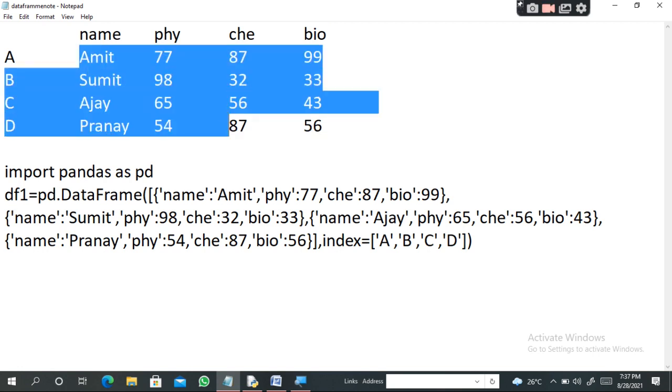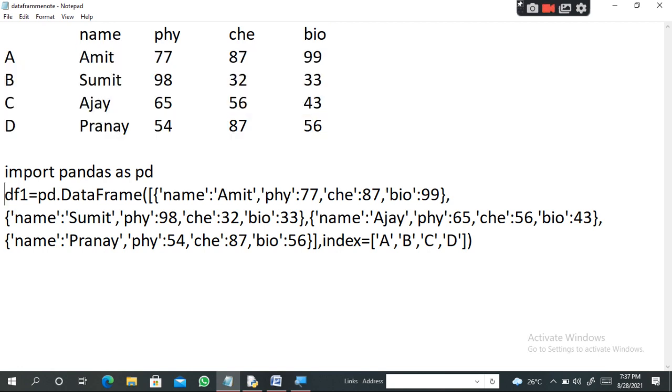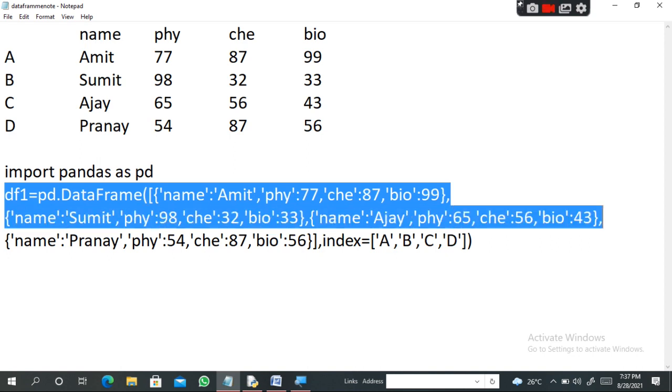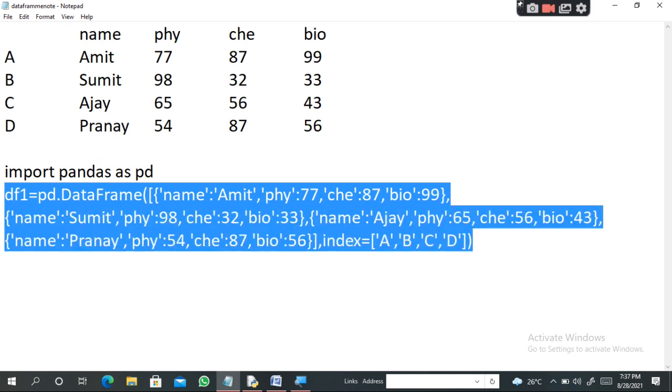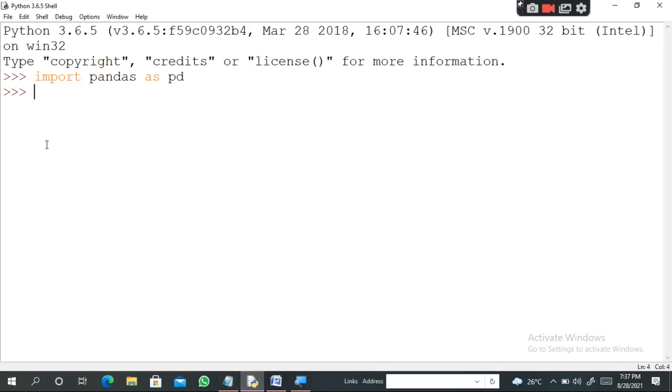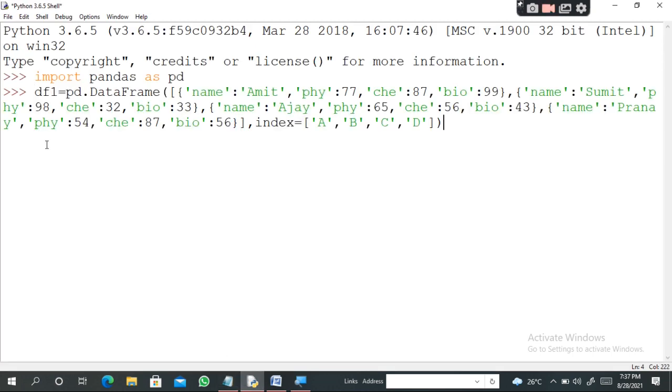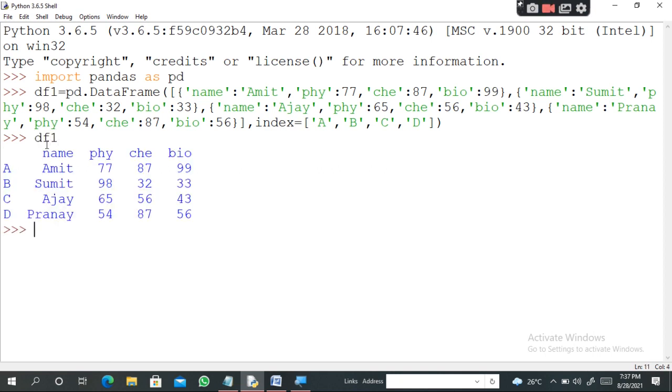Let me create this data frame. I've already created it, and I will not talk about this because I've already spoken about data frame creation. So let me paste it in Python. Let me hit enter. Let me just give df1 and print it. So this is the data frame that I've got.